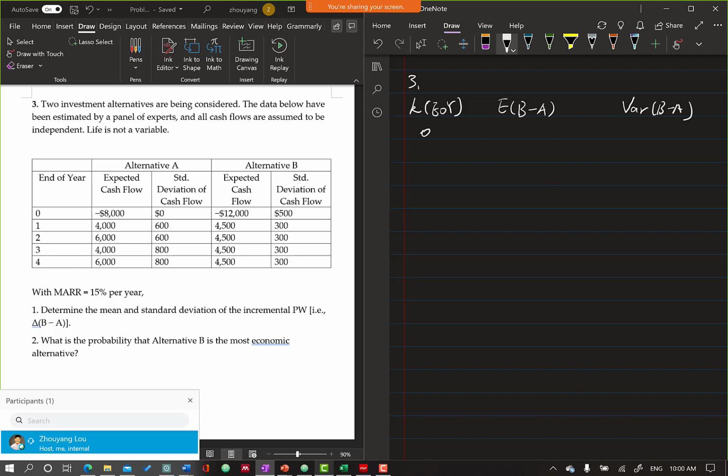For year 0, we just use the B minus A. It's minus 4,000, and the variance of that,